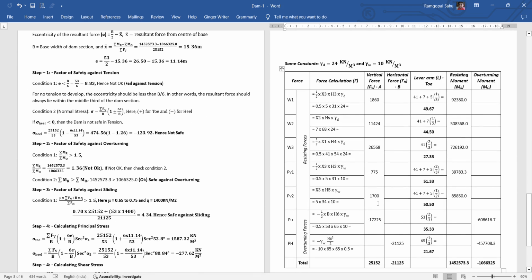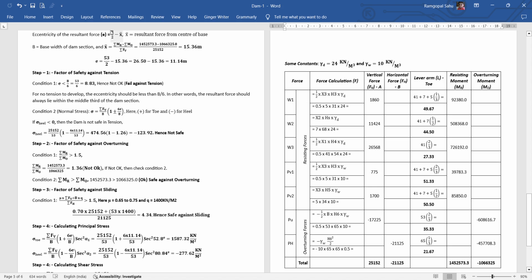Now we will begin with the calculation of the eccentricity. Eccentricity is nothing but the location from the center of the base where the resultant force is acting. Here we have the expression e equals B by 2 minus X bar. In a normal uniform shape, the eccentricity may be B by 2 for any rectangle shape. But here the dam section is in irregular shape. So we have to identify the exact location of that